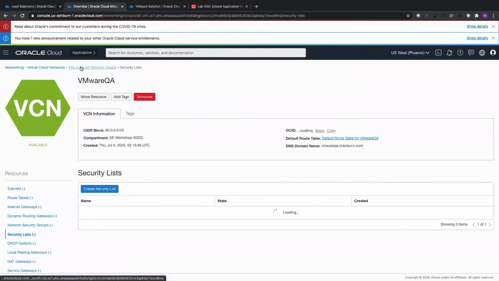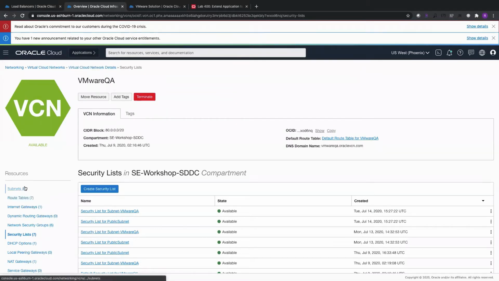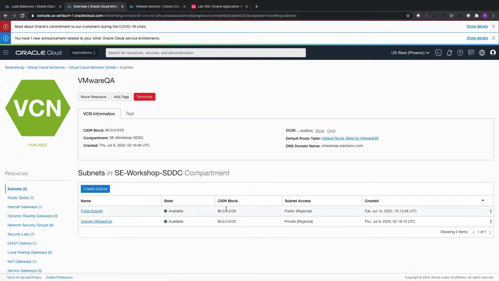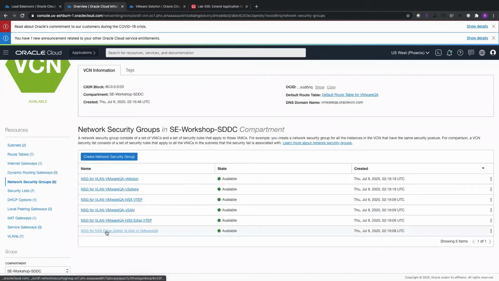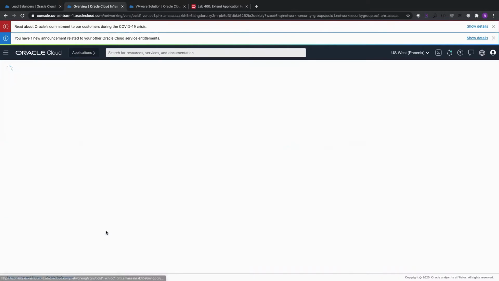Next, go back to your VCN and click Subnets. Copy the public subnet CIDR range. Now scroll to Network Security Group and click the NSG for NSX Edge Uplink VLAN.